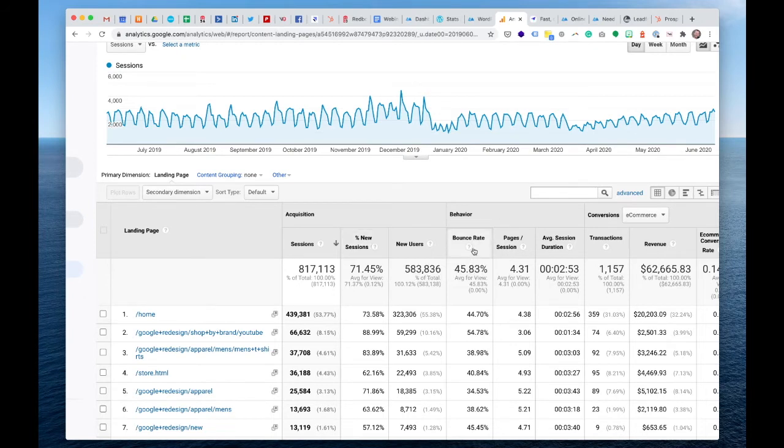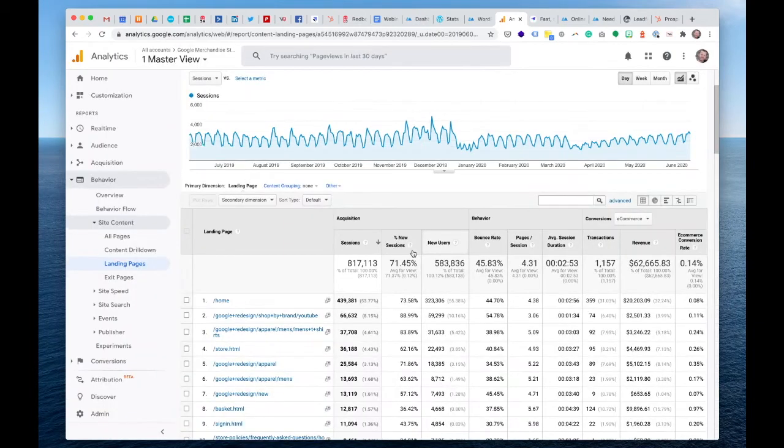Bounce rate is another one which people normally get fixated on. The percentage of single page sessions where there's no interaction within the page. So a lot of us have got it in our head that bounce is bad. If people aren't spending time going through all the pages, then surely that's bad. But of course, that's not always the case. Sometimes people might land on a page and they may well be perfectly happy with all the information that they got there, and they walk away perfectly happy. So like a lot of things, it does need to be taken with a pinch of salt.